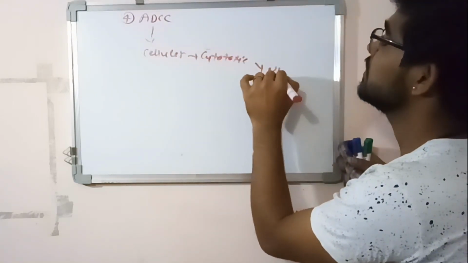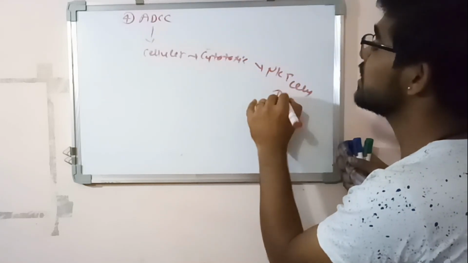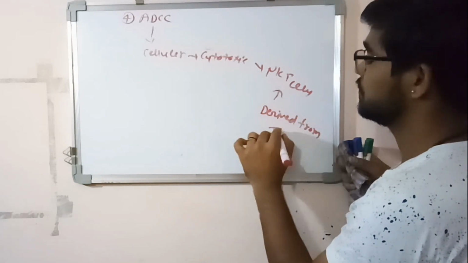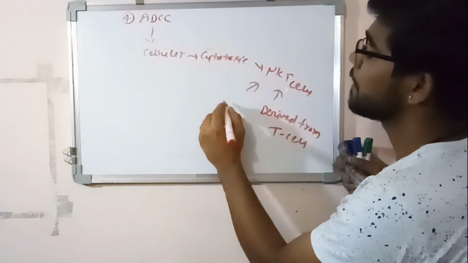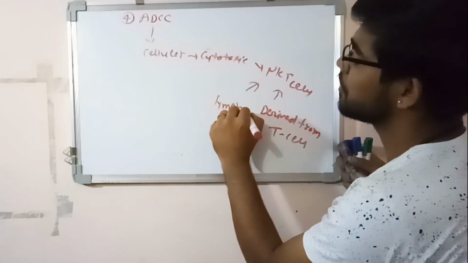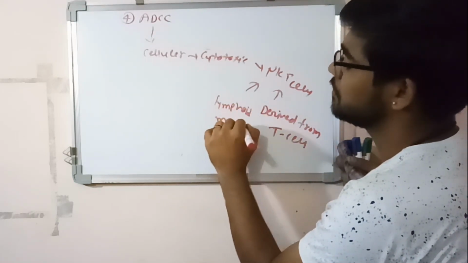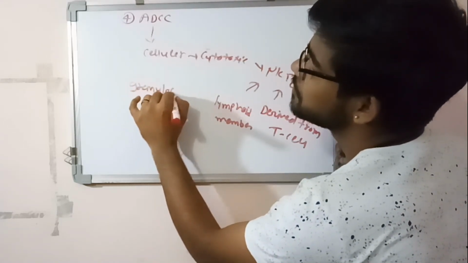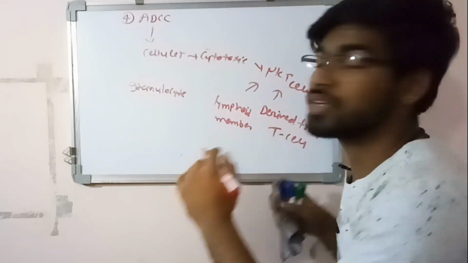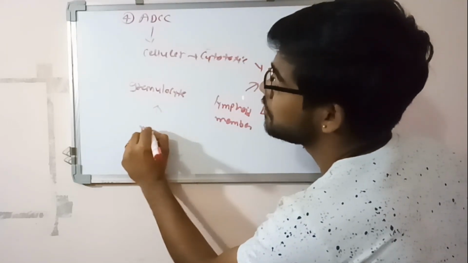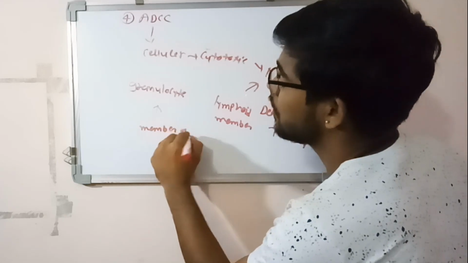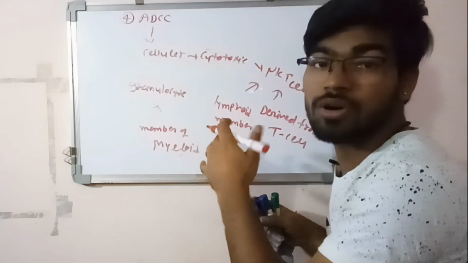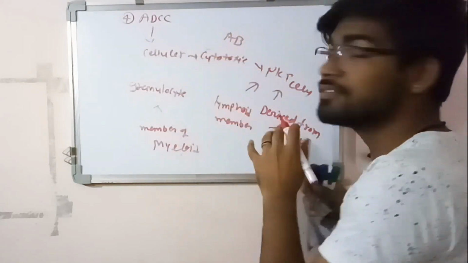a cell like NK T cells, which is derived from T cells, and which is a lymphoid member, while another is granulocytes like macrophages, neutrophils, which are members of the myeloid system. So these are involved, and antibodies also, because as we know the T cell